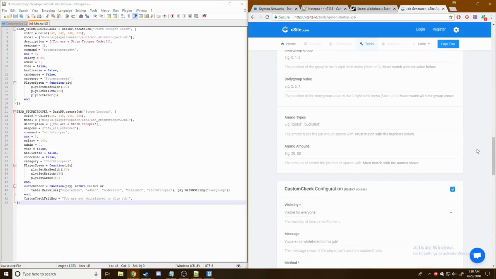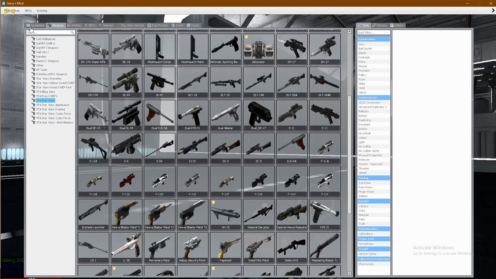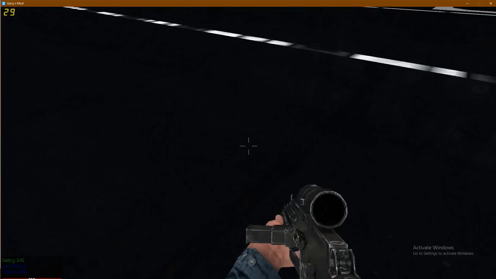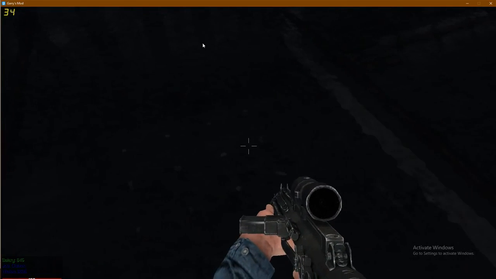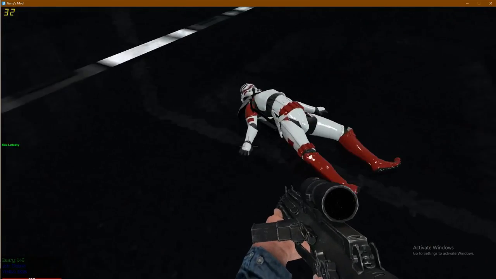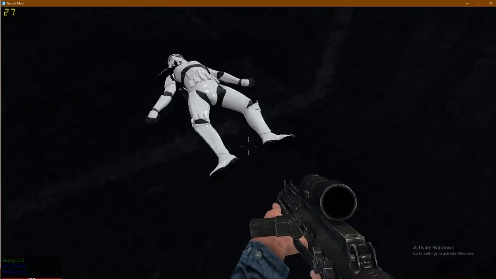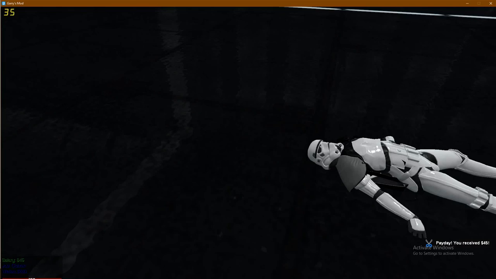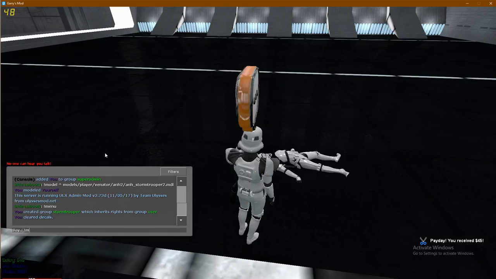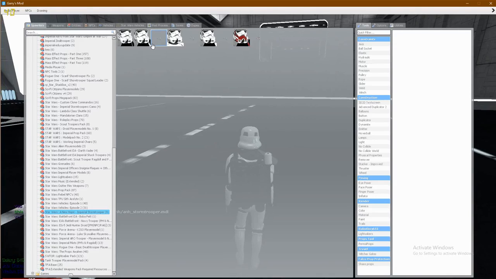I'll be doing two more jobs as an example, sorry. I'll be doing maybe a Stormtrooper Commander. So that model looks good to me. So let's go and copy it to our clipboard and make sure that it works. Yep, looks good to me. So now we're going to copy it to our clipboard